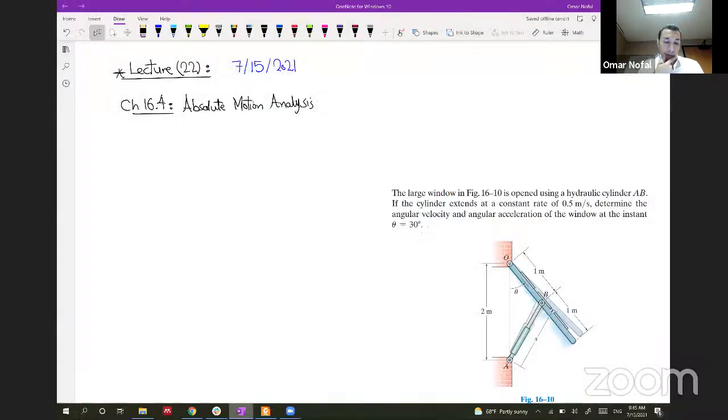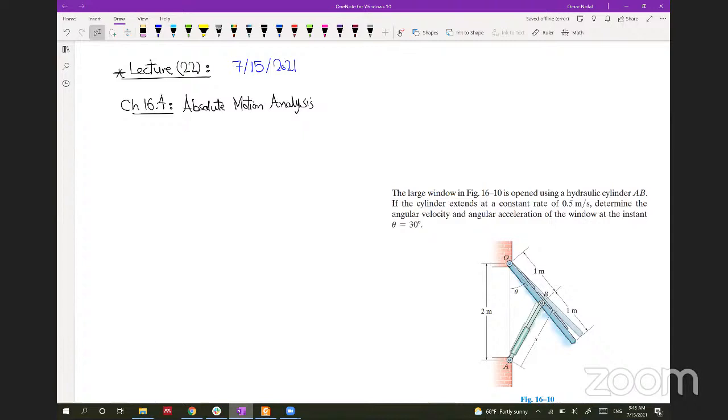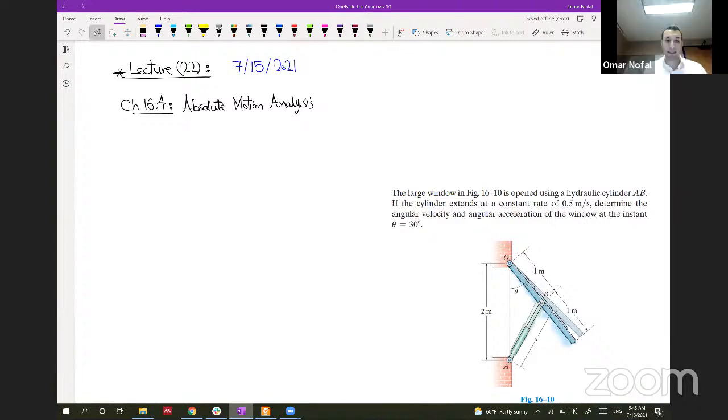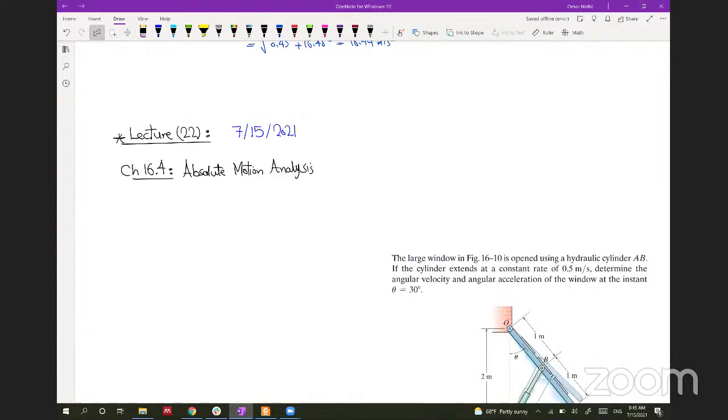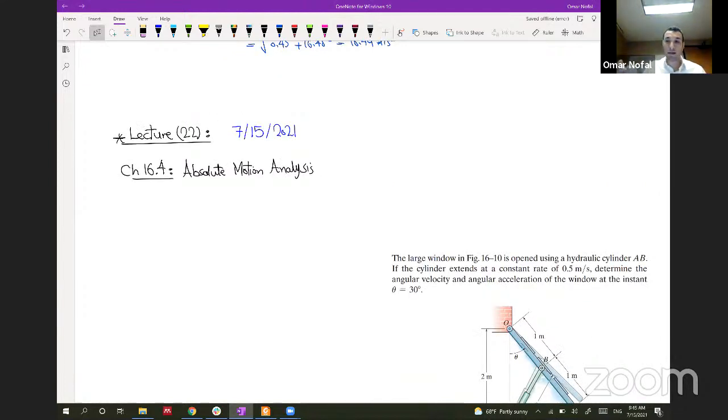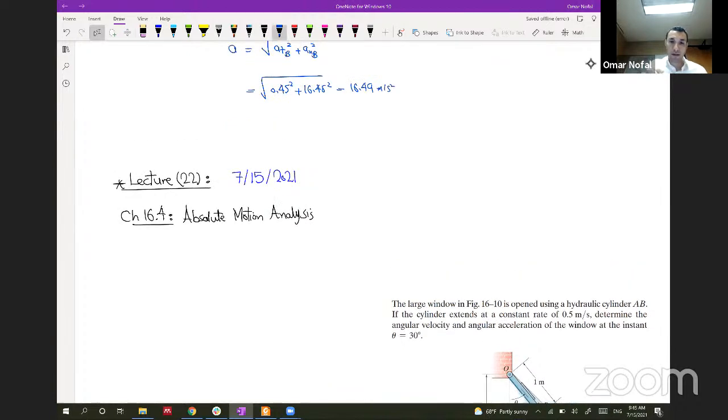Right, so today we will be talking about chapter 16.4, which is related to absolute motion analysis. It's not a new concept, just some application of what we have been talking about in terms of the relationship between angular velocity and angular acceleration. So, based on what we talked over the last couple lectures,